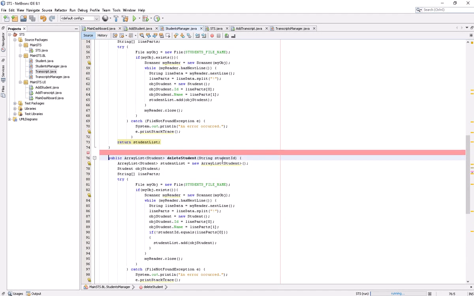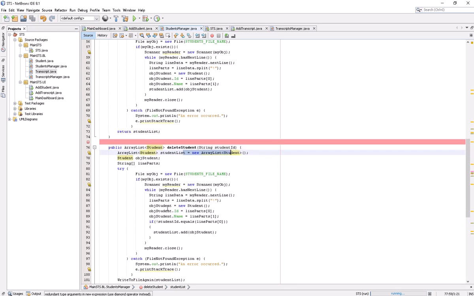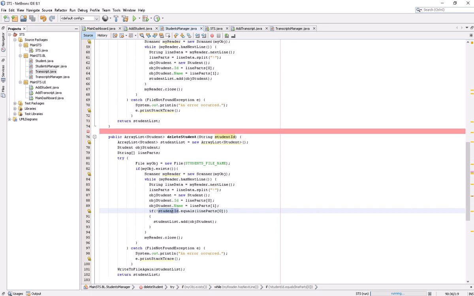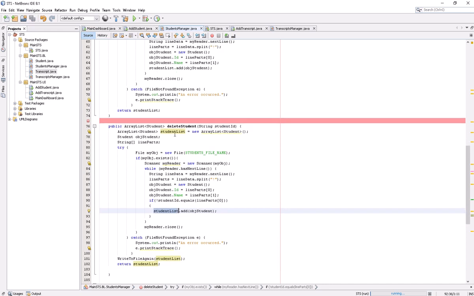So how do we delete it? Let's go through this section. You say delete the files, and I have declared the same array, and I'm reading the files. When I find the record which I don't want to remain in the list, then if it is not equal to that one, keep it in the list; otherwise just skip it. So the deleted record will be skipped, and the rest of the list will remain, and I say write that list again to the file.